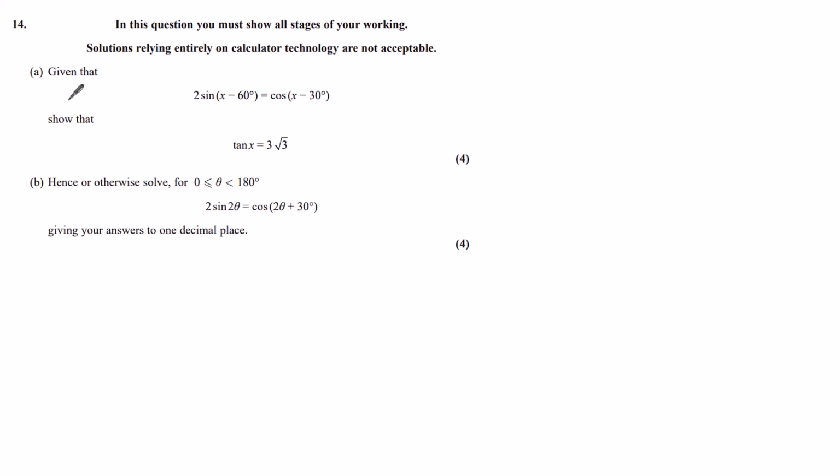Question 14. Part A. Given that 2 sine (x minus 60) is equal to cos (x minus 30), show that tan x is equal to 3 root 3. So we're going to be using our compound angle formulas for this question here. So we're going to go to our formula booklet,